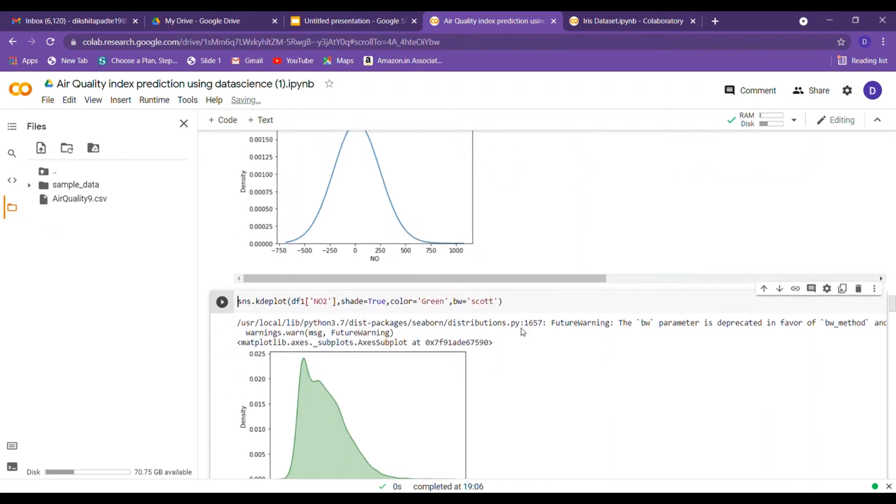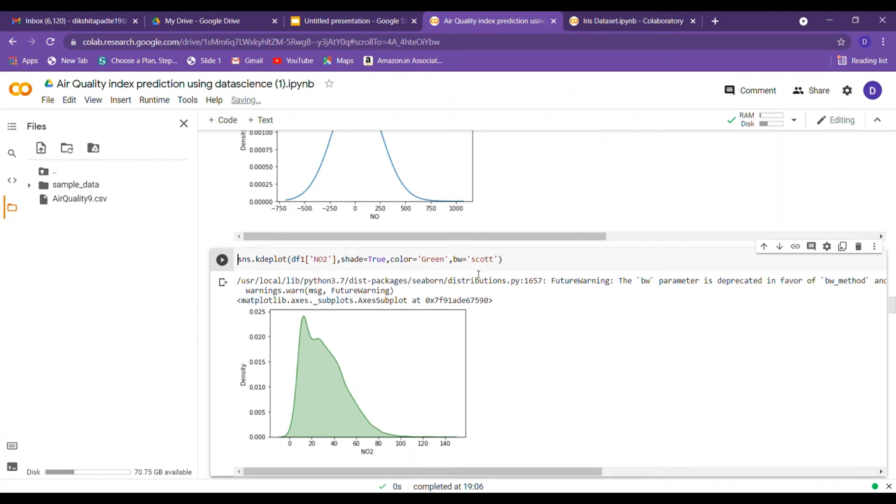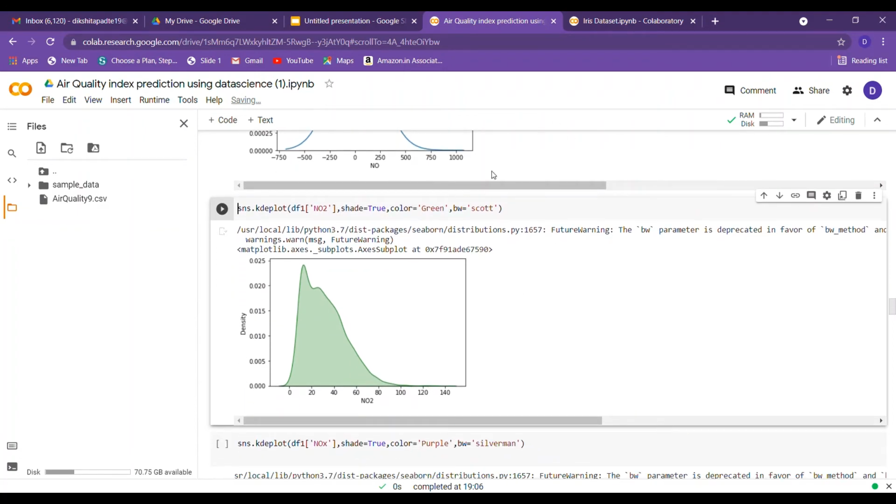There are two techniques for that, the Scott and Silverman techniques. You just have to mention which technique you want to use for selecting your bandwidth, and then according to your data and the size of your data, it selects an appropriate bandwidth for you.